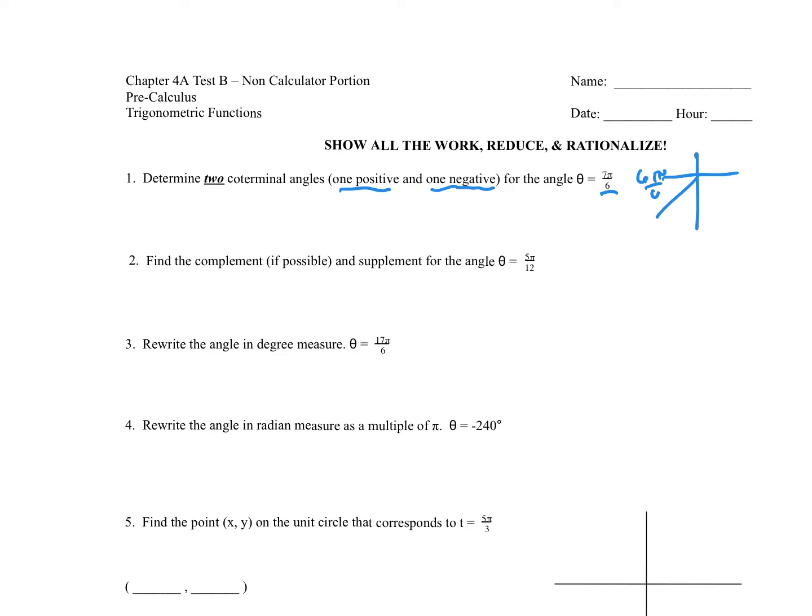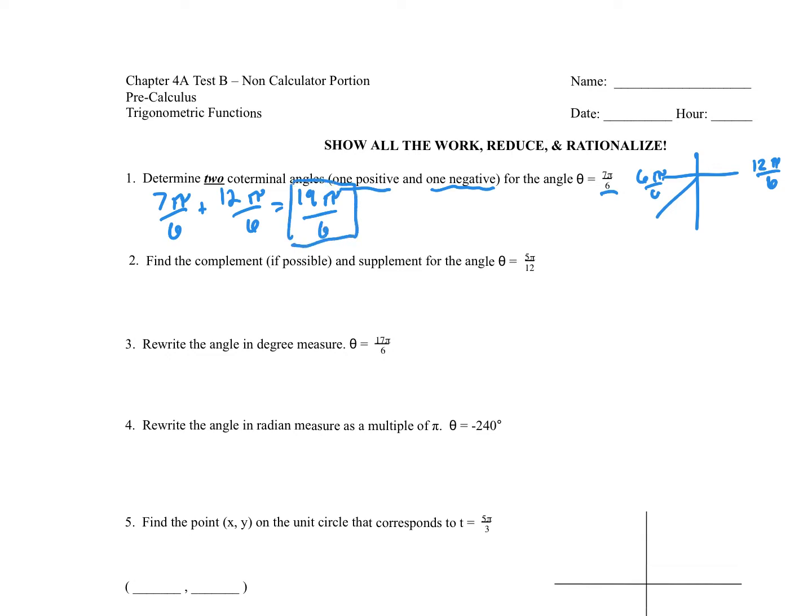So if I want to do one positive, I want to add an entire 2 pi, and 2 pi over 6 is 12 pi over 6, right? So this is 12 pi over 6. I want to add an entire 2 pi. So here, 7 pi over 6 plus 12 pi over 6 gives me 19 pi over 6,